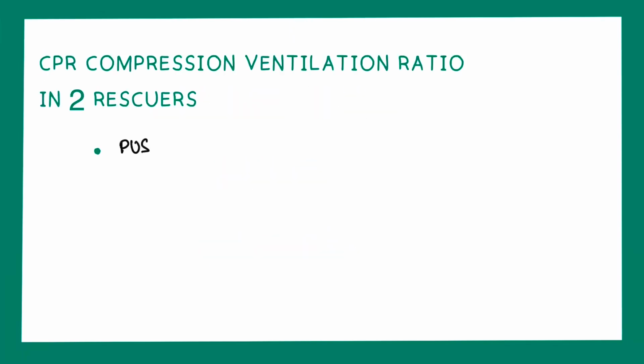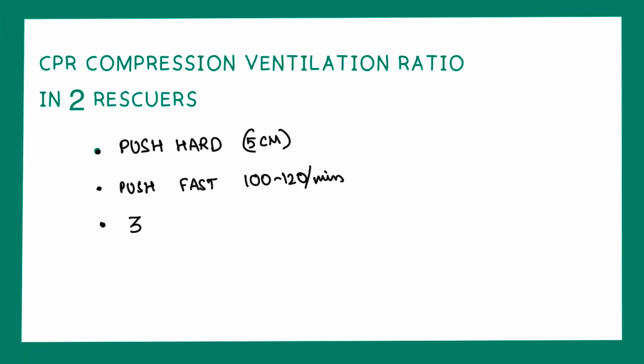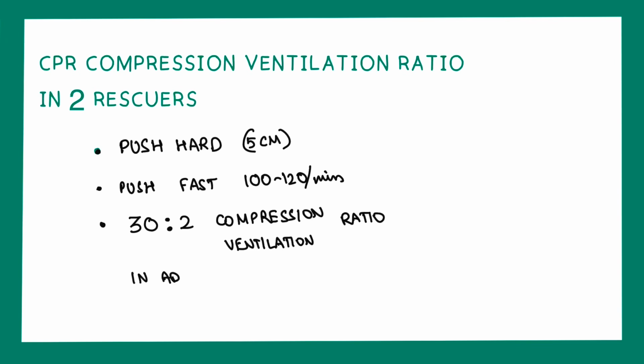First, CPR compression ventilation ratio in two rescuers. As per ACC guidelines, push hard and push fast. Push hard means at least 2 inches, 5 centimeters, should be pushed into the chest, and 100 to 120 compressions per minute should be given, and a 30:2 compression to rescue breaths ratio should be there. In the case of an advanced airway,